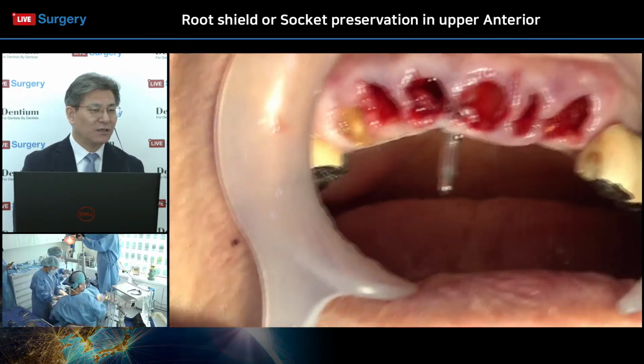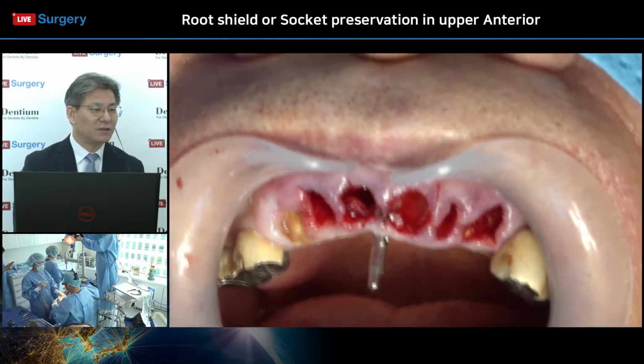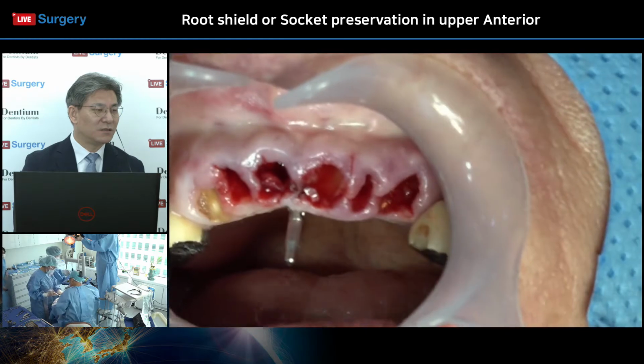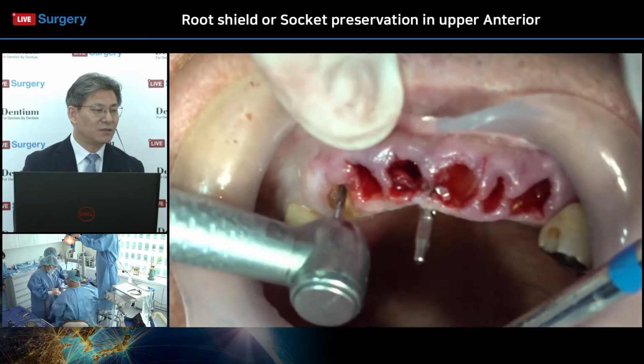Actually, the socket apex area. I tried to. The canal is very long, so